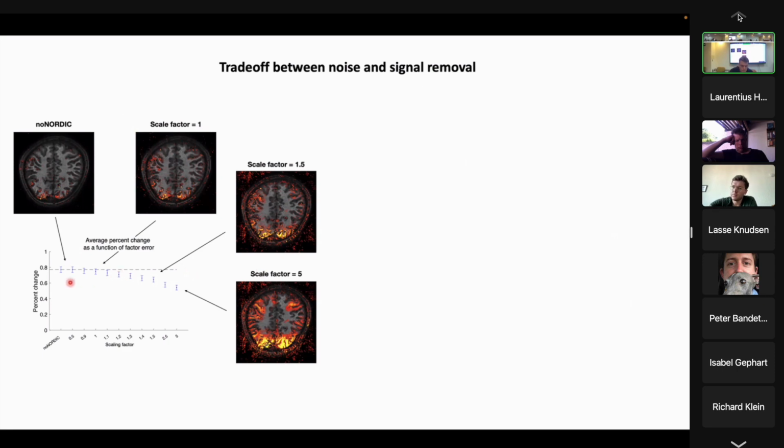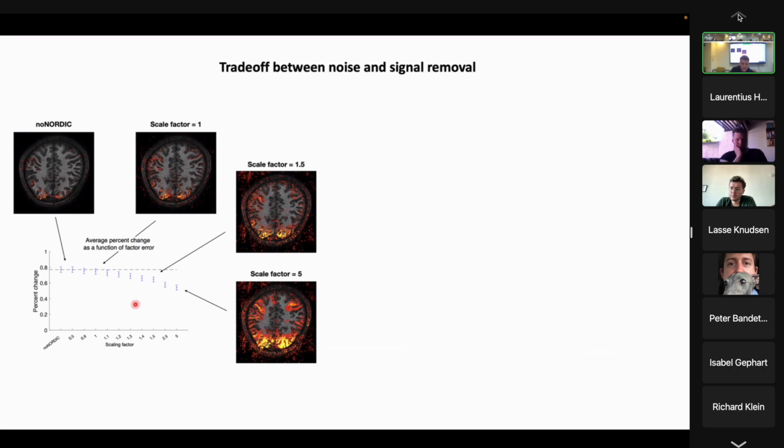But as you can also see down here, the more we push this threshold, the more noise, or the more signal, we also start to remove. So we get a larger and larger bias. And I think the fact that we already do see some signal removal for this case here, which is even more conservative than the default, so we remove fewer components, even here, we do see some signal loss. It is small, but it is significant. And that kind of suggests that